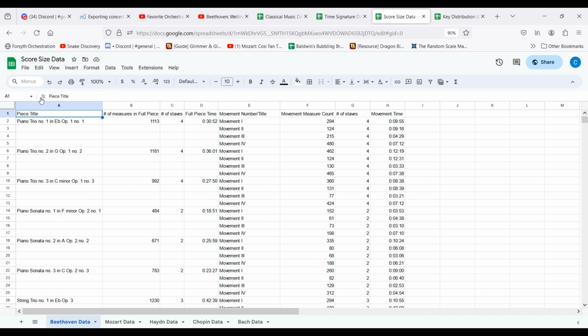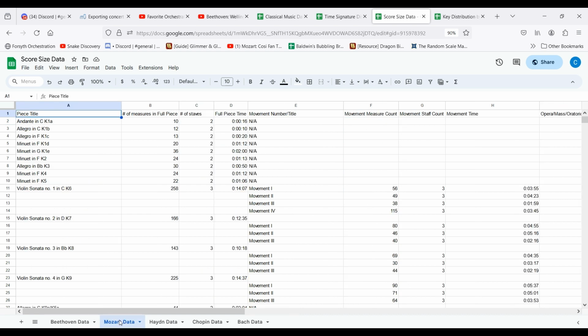And then here we got the score size data spreadsheet. This is where I keep track of different measures of score size. First of which is the number of measures, and then there's the number of staves, and then there's the duration. And I have this for full piece, individual movement,